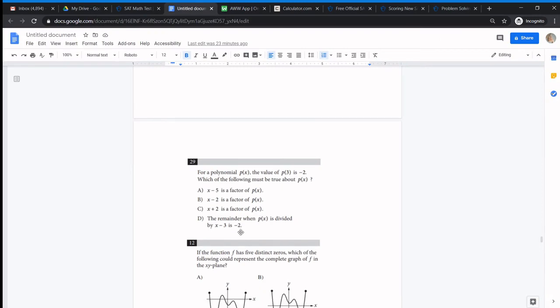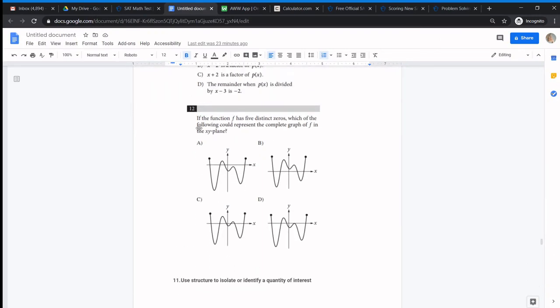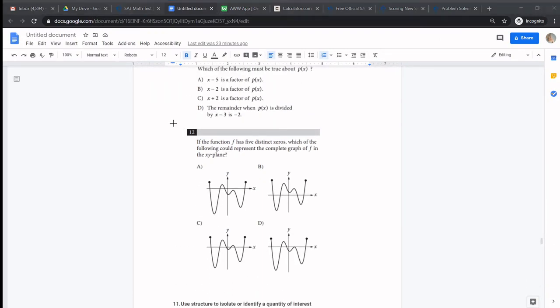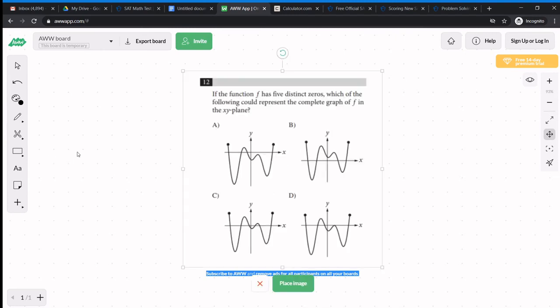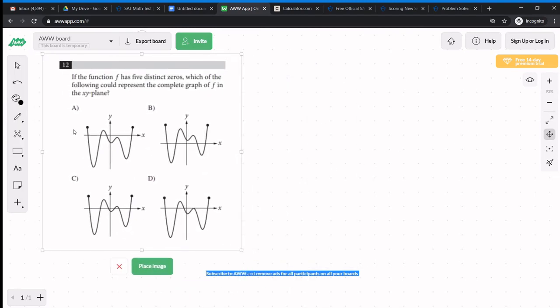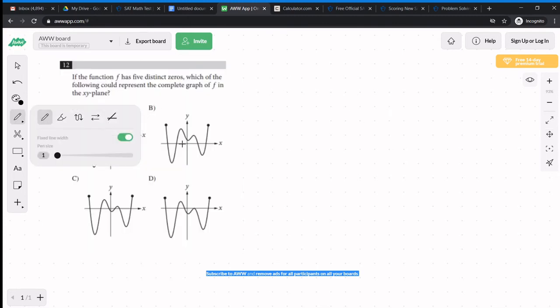Alright, so let's move on to the next topic. Or sorry, not even the next topic, the next part of this section. The next part that we need to go over is graphing based on zeros. So, if we have a function,